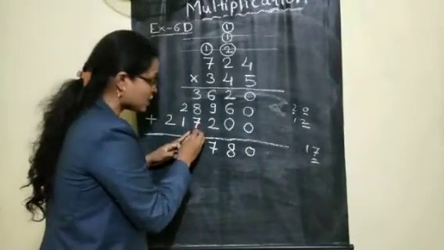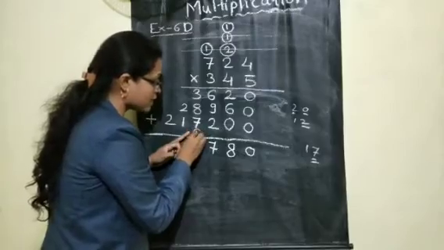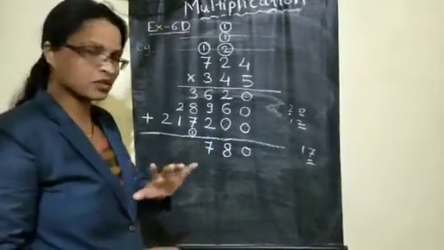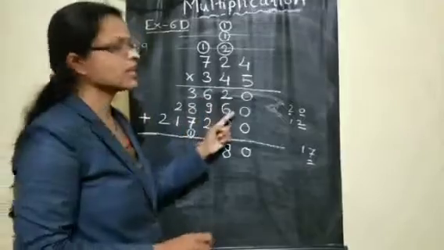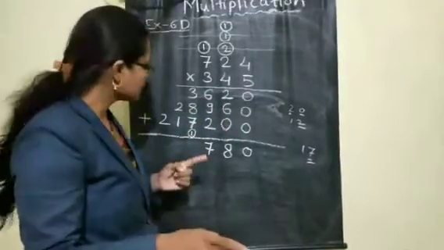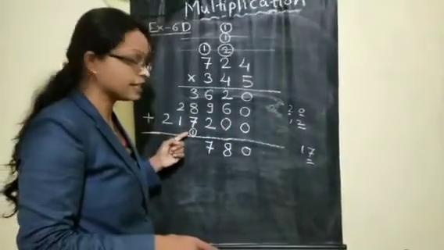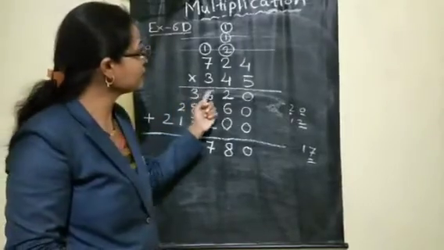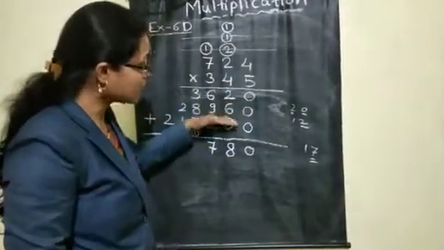Now this is the addition carry. So you have to write it in the addition place. I told last time also, when you are doing the addition and if you are getting any carry, that carry you have to write here downside or either here upside in the addition part.